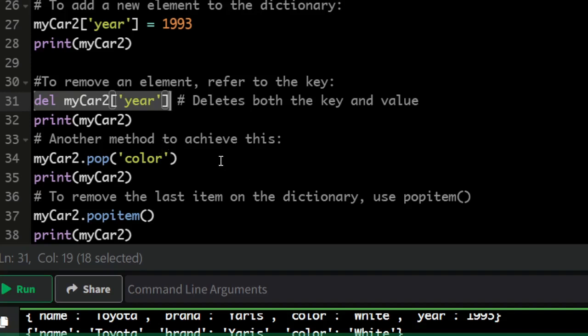All right, so we have learned how to add items to a dictionary. We have also learned how to remove items from a dictionary, and in the process of learning how to remove items, we learned two types of it. Okay, so now another thing we need to learn about dictionaries is how to change dictionary items, like how to just change the item. For instance, if I made a mistake,